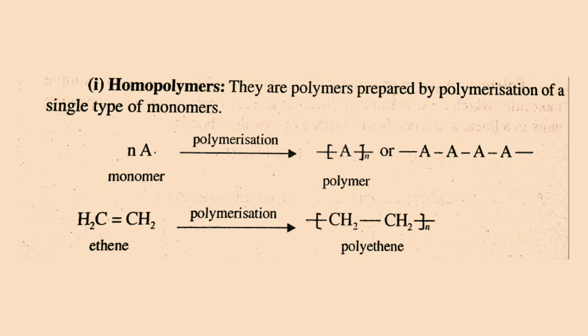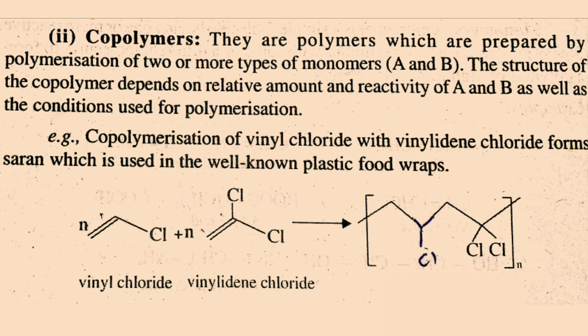For example, N moles of ethene, which is used as a monomer, undergoes polymerization to get the formation of polyethylene, which is represented as follows. Second is copolymers. They are polymers which are prepared by polymerization of two or more types of monomers, A and B. The structure of the copolymer depends on relative amount and reactivity of A and B, as well as the